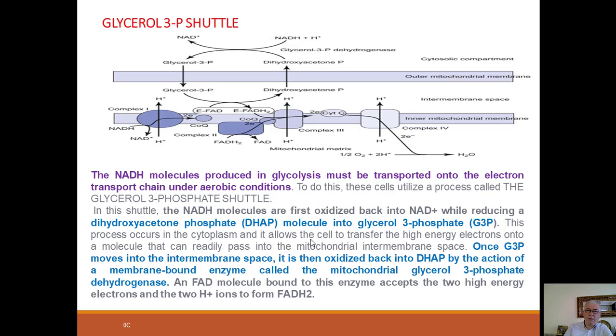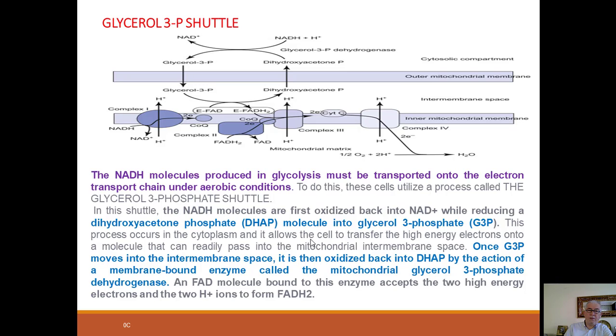The enzyme name and the chemical reactions are the same, but the coenzyme is different. The first enzyme uses NADH, but the second one, in the intermembrane space, uses FAD as a coenzyme and produces FADH2. These FADH2 electrons move to ubiquinone, and in this case we should have transferred NADH electrons